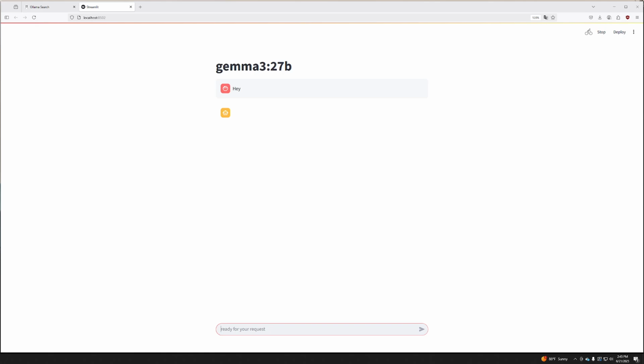Okay, maybe 27 billion is a little too much for my computer as well. So yeah, we can see just how long it takes for the model to respond, right? Because 27 billion parameters for my computer to work with is just too much. I think a safe spot for me would be something around 17 billion maybe, where I can get the best quality along with speed.